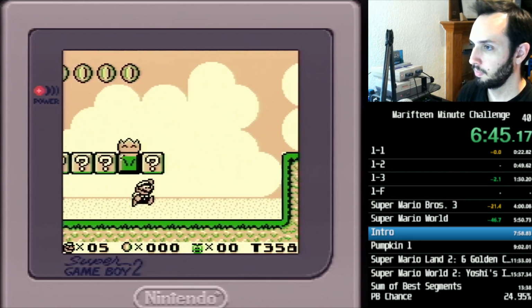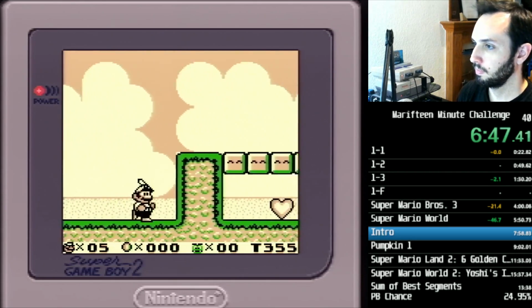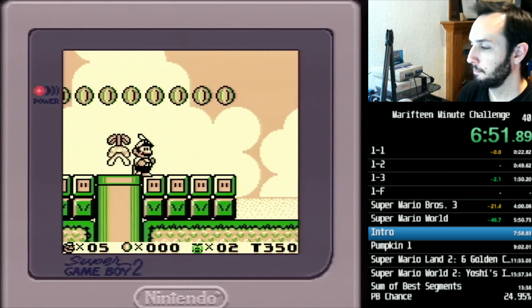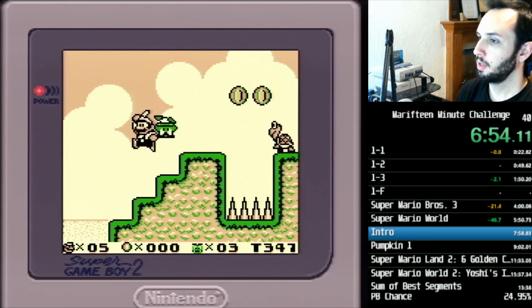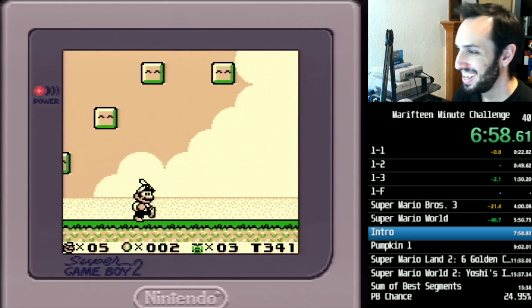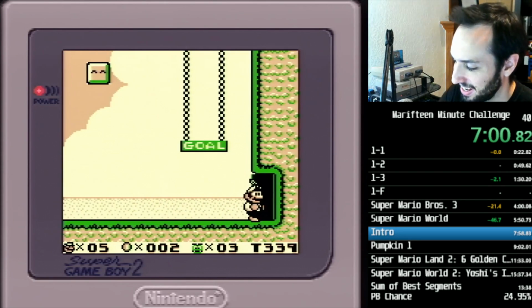Super Mario Land 2, 6 golden coins, has a glitch called the pipe glitch in early versions of the game. There's multiple versions. They did patch the glitch actually in later releases. It's kind of hard to tell which release you have if you're looking at a cartridge. There's a little stamp that'll tell you. And this pipe glitch